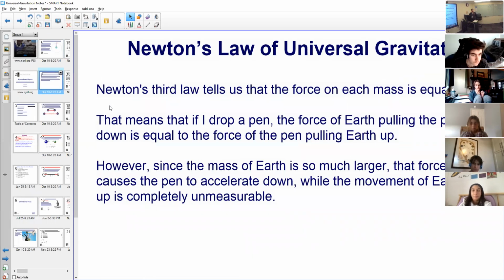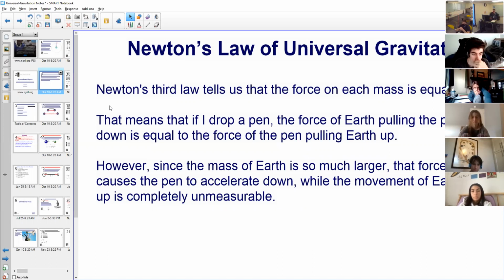All right, can I get one of you three in the room to read this one for me? Sure. Newton's third law tells us that the force on each mass is equal. That means that if I drop a pen, the force of Earth pulling the pen down is equal to the force of the pen pulling Earth up. However, since the mass of the Earth is so much larger, that force causes the pen to accelerate down while the movement of the Earth